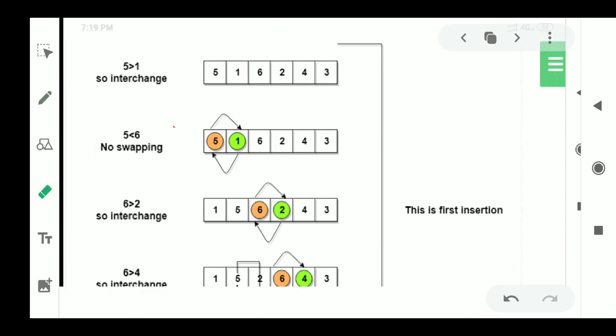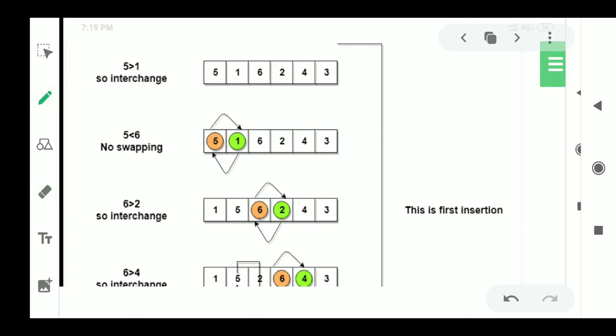What we will do is compare the first two elements. Consider we are arranging all the elements in ascending order, but here 5 and 1 are not in the proper order, right? When we are arranging elements in ascending order, first we need to get 1, after that 5 should be there. So 5 and 1 are not in order after comparing. So we will go for interchanging or swapping of both the values.